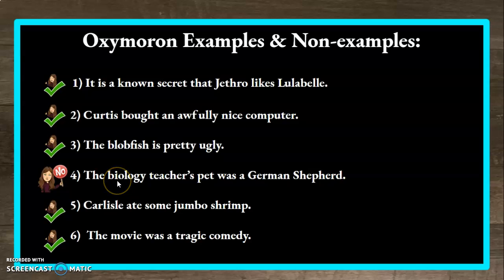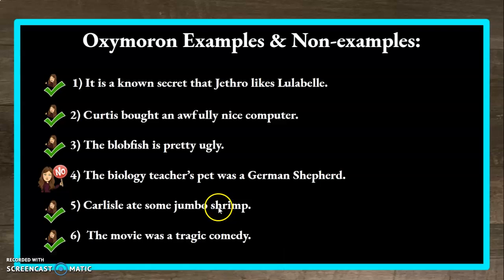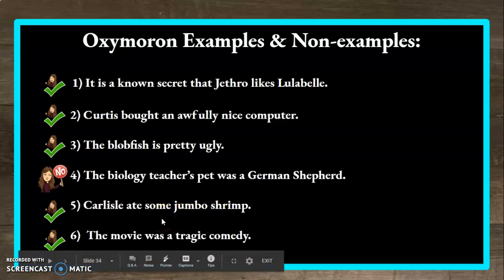Number 4, the biology teacher's pet was a German Shepherd. This is a pun. So teacher's pet, we might think of that as someone who sucks up to the teacher. But in this case, it could also just mean that her pet literally was a German Shepherd. So that's a pun, a play on words. Carlisle ate some jumbo shrimp. Jumbo and shrimp, so large and small, that's an oxymoron. And 6, the movie was a tragic comedy. So typically we think